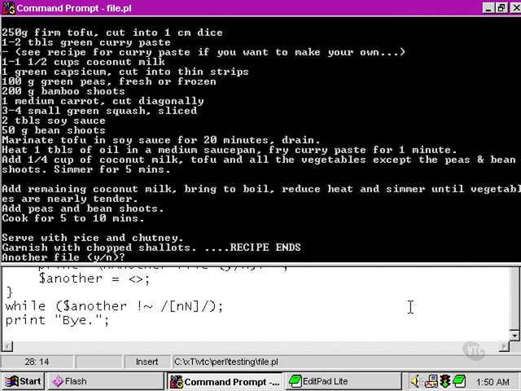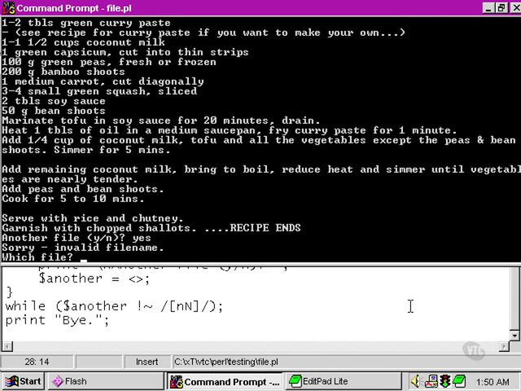However, if we use our correct file and we're prompted to see if we want to run another file, and we say yes, or anything but a lower or capital N,